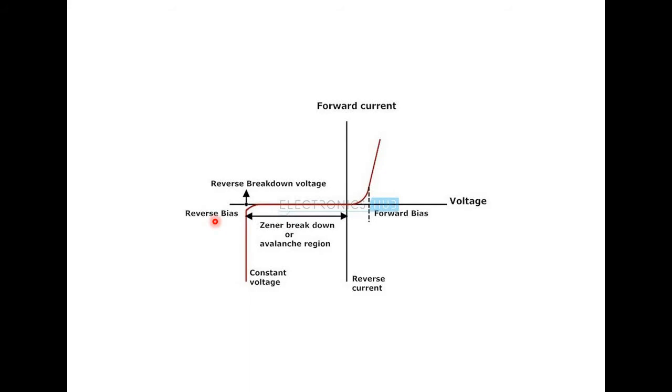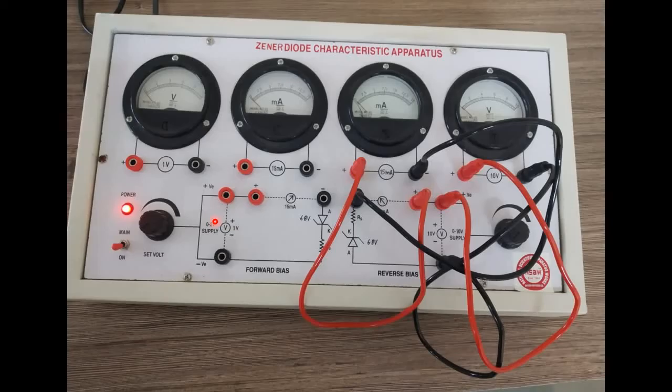At the end you will get such a graph. In this practical you have to draw the graph with respect to the readings that you get after the actual performance. We are going to discuss this particular graph after some time. As I said, to study the characteristics one should have the apparatus, and this is the apparatus used to study the Zener diode characteristics. What you can see in the picture are the components involved to study the Zener diode characteristics.